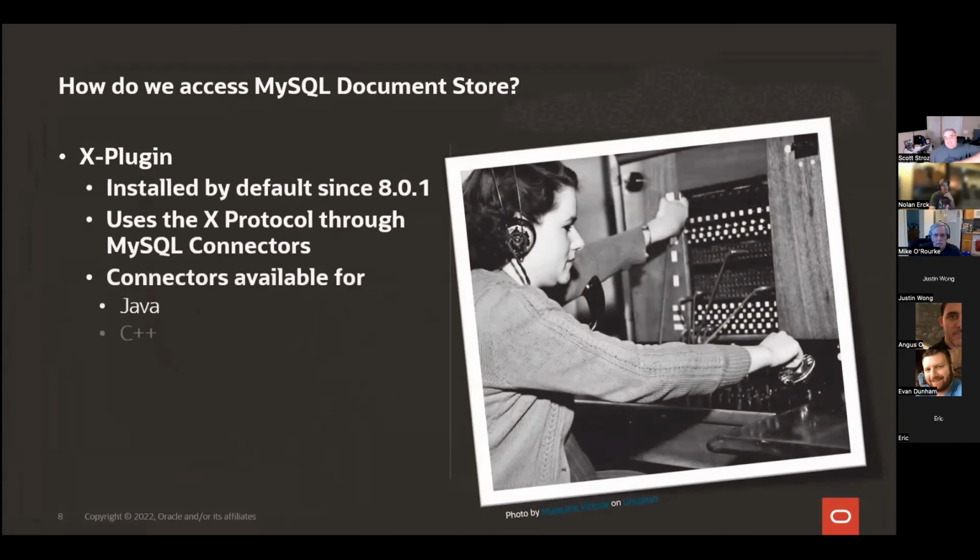So how do we access the MySQL Document Store? We access it through what we call the X plugin. And this is actually something that is part of the server product itself. And if you're wondering if you need to go out and install it, as long as you're running higher than 8.01, which I really hope if you're running MySQL you are, it's already installed by default. So there's nothing else that you need to do in order to prepare your server to be able to use MySQL Document Store. And we use the X protocol through the X plugin